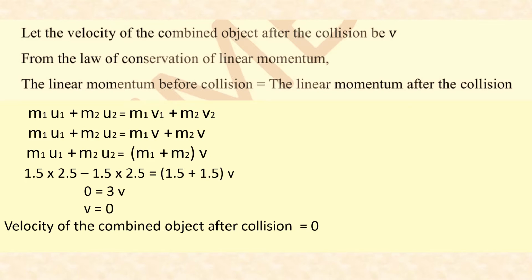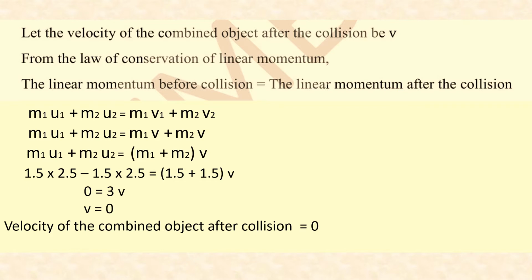So the first term, m1, that means mass of the first object, is 1.5 into the velocity 2.5. Its initial velocity is 2.5. Then minus, because we have given the initial velocity of the second object as negative 2.5, so the plus sign will change to negative. So it is 1.5 into 2.5. So the left side of the term completely will become 0. You need not multiply it, because you can see that these are similar terms and with the subtraction, that means in between the terms the sign is negative, so the term will become 0.